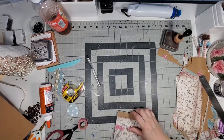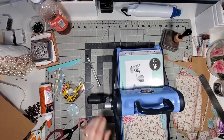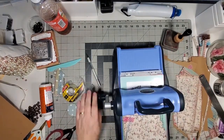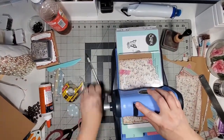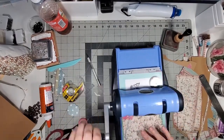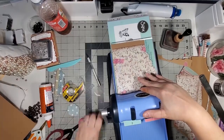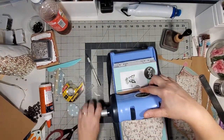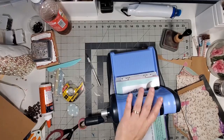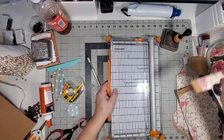Again, we are going to do 4 passes. Uh-oh, sorry, I didn't put it properly on. Here we go. 1, 2, 3, and 4. Okay, let's move this. For the back,